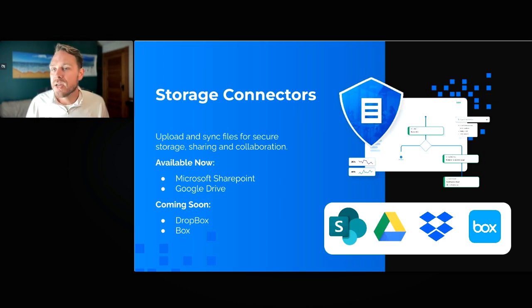One thing I want to make clear with our storage connectors is they're built a little bit differently than connectors you may use with other platforms. These are direct integrations with the endpoints of these platforms. So if you are using FormAssembly for HIPAA-compliant data collection with a BAA, and if you have a BAA signed with these platforms, you can use these connectors to securely and compliantly pass files between your forms and your storage